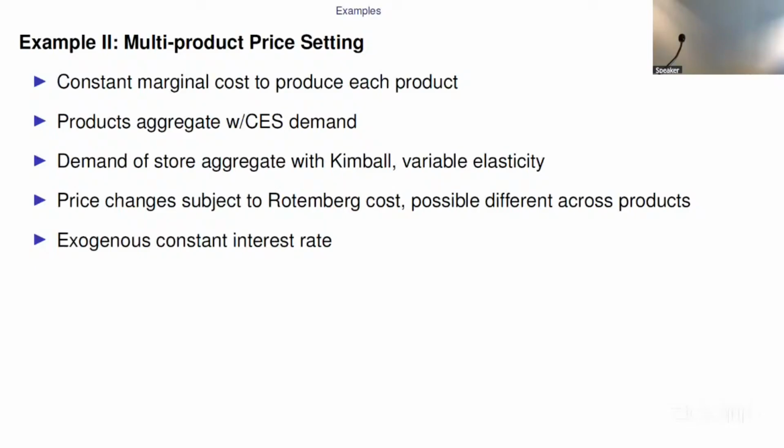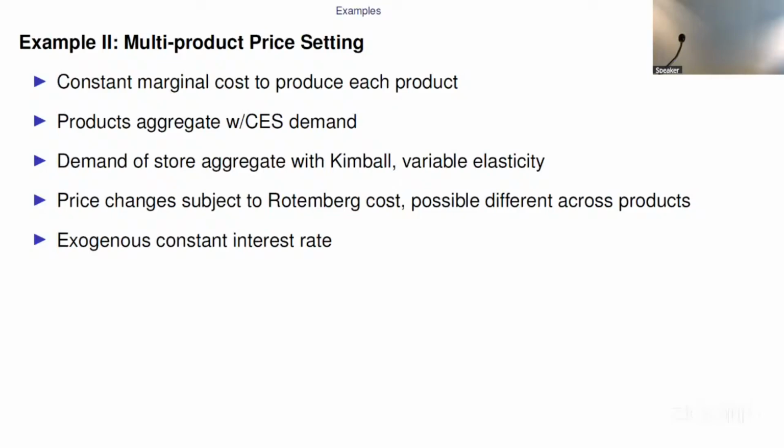So think of this as a store. You send them products, they aggregate it into a CES aggregator, and that good then enters into a Kimball demand across stores. So you're really selling a bundle of goods, not just one. You put it together in a CES, non-symmetric across goods, and then you compete with other stores with a demand without constant elasticity. So that example then will give you